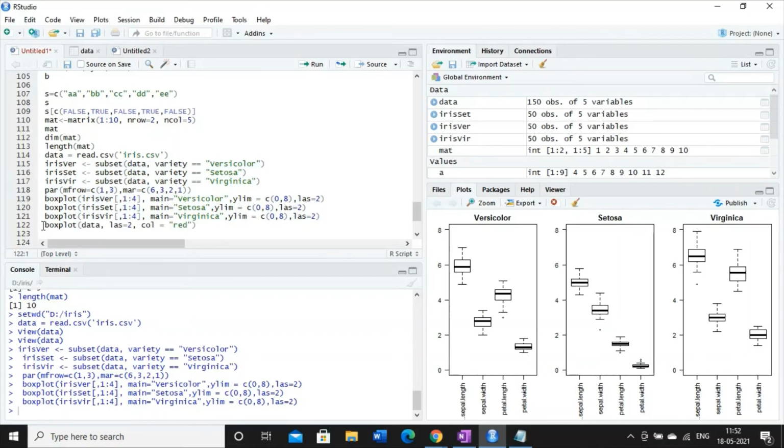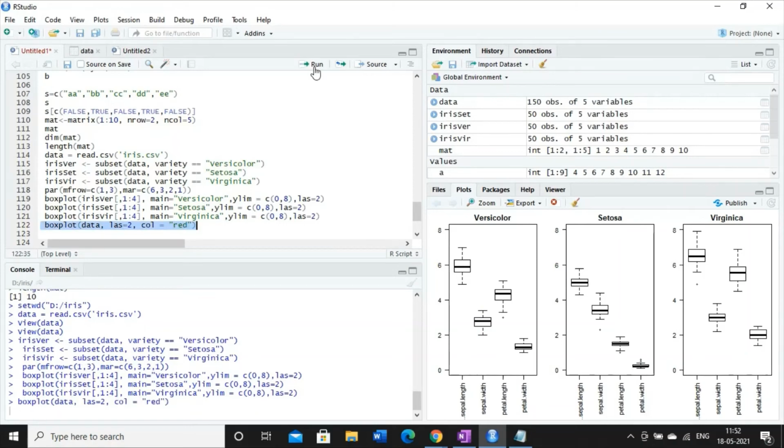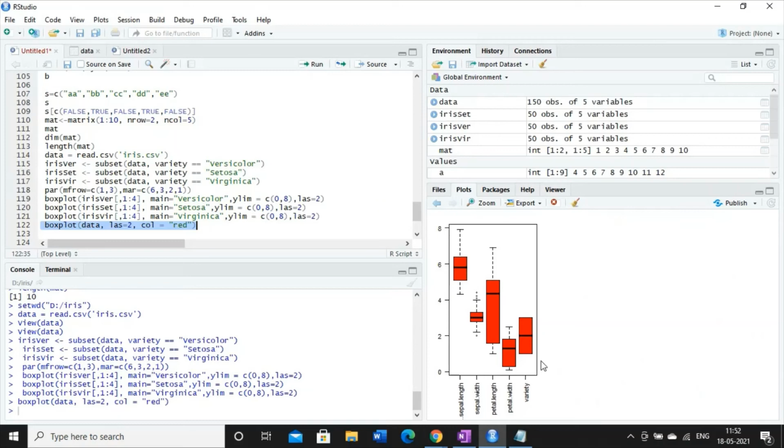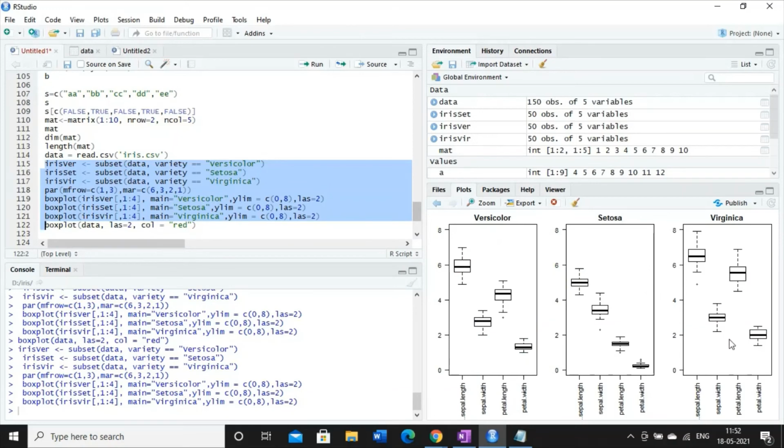In the previous class, I discussed this syntax. In this case, I am getting a single box plot. Whenever I use this combinational plot, I am getting three different box plots for three different Iris species. That means versicolor analysis is provided, Setosa analysis is also provided, and Virginica analysis is also provided.